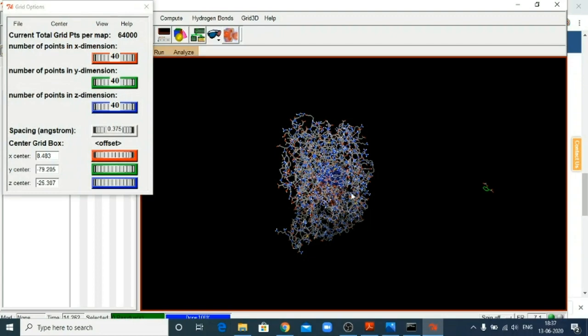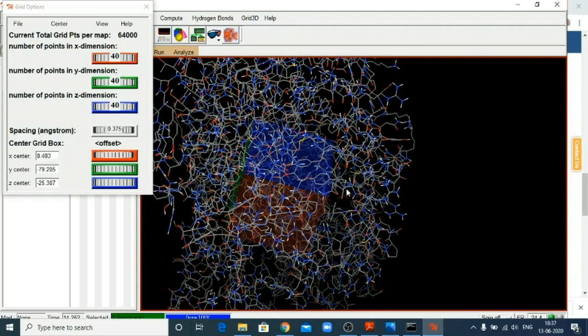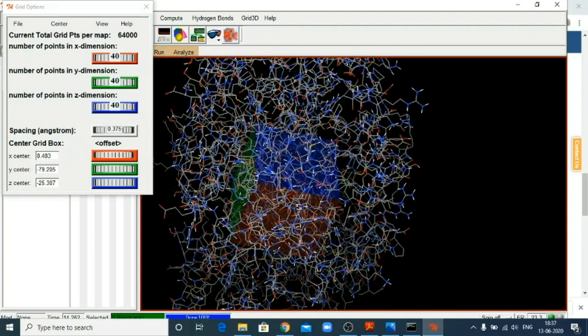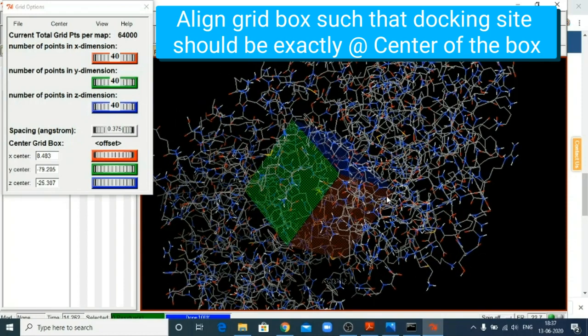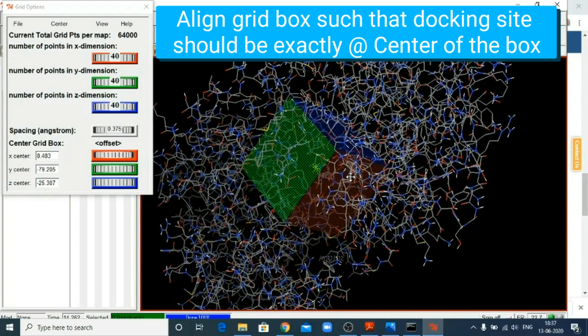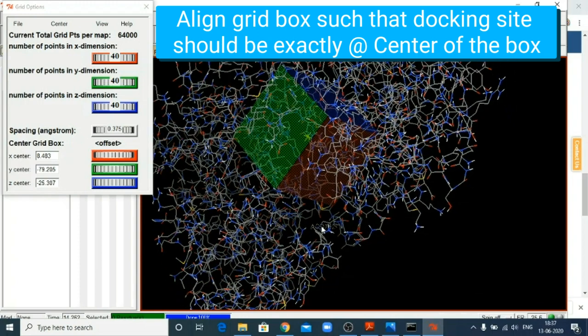Now you can see the grid box is selected and where it is actually directed. So the grid box is positioned in this particular direction. You can place the grid box as it is here, but we are interested in this particular region.